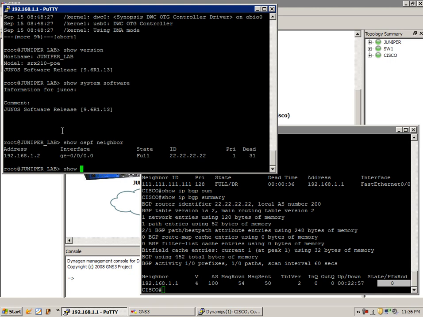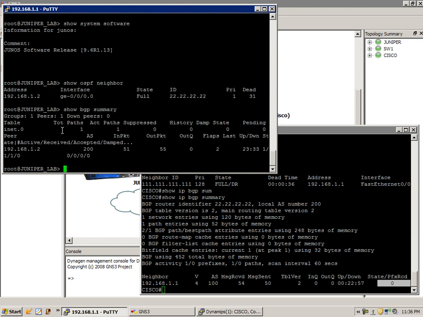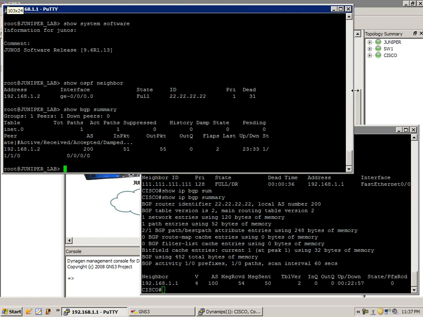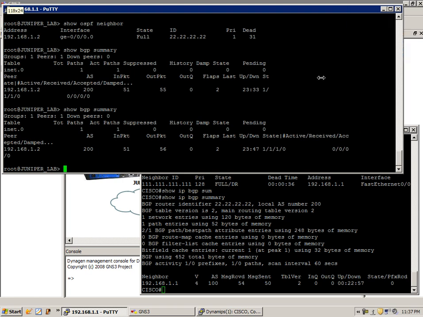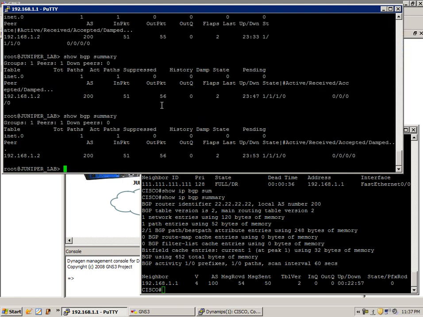On the Juniper side, the equivalent command is show BGP summary. With this command, you can see that we have one peer. Let's see if I can stretch this screen out for us so that we can see the full output. Show BGP summary on the Juniper side gives us our peer, which is the Cisco router, the autonomous system that